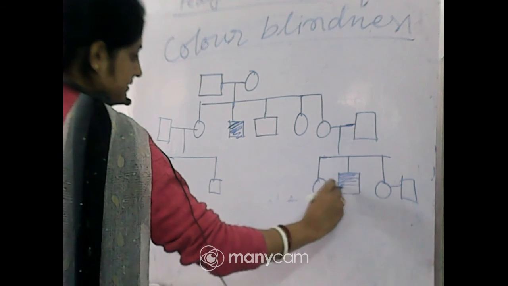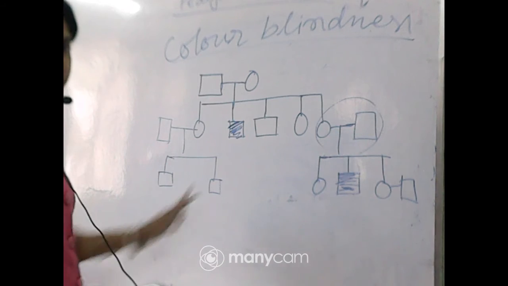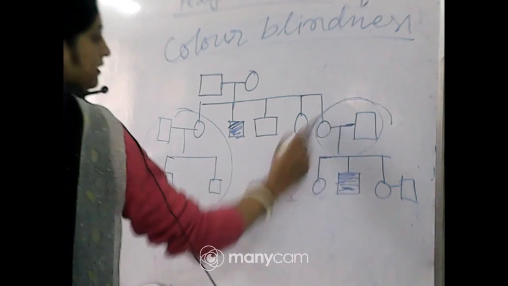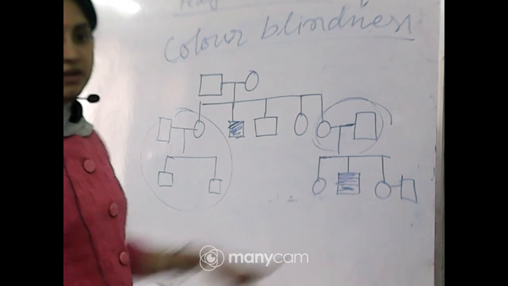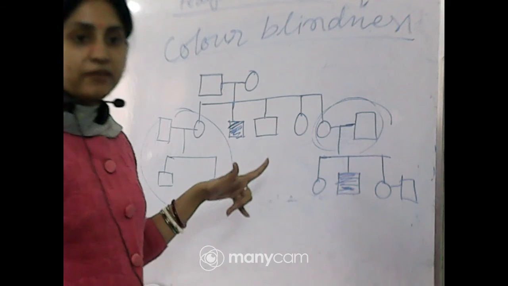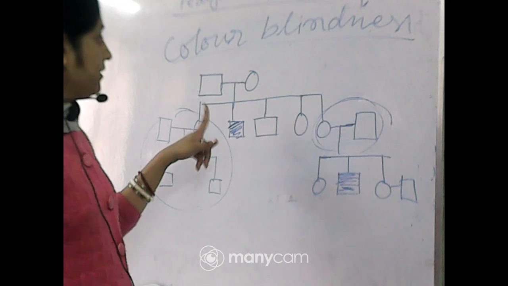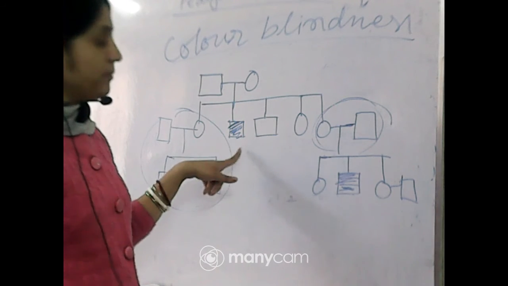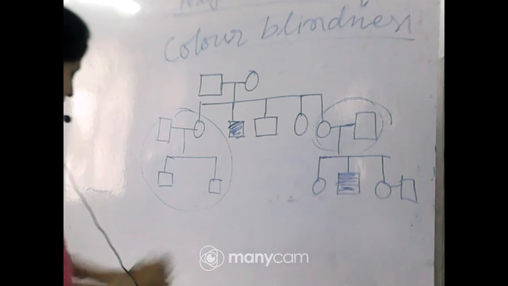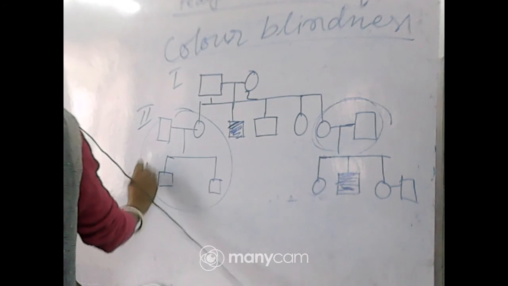X-linked recessive, what are the characteristics? Obviously one generation skips, must keep one generation. Recessive means skip the generation. This generation is kept unaffected and the next generation is affected. And sex-linked recessive means males are more affected than females. Sex-linked dominant means females are affected more than males. Okay, so give all possible genotypes of the members, that is 1, 2 first generation, second generation and third generation.